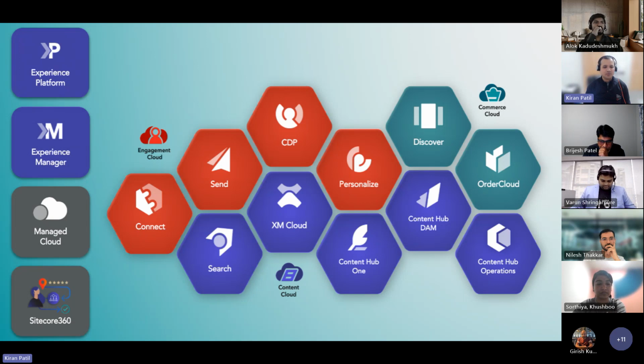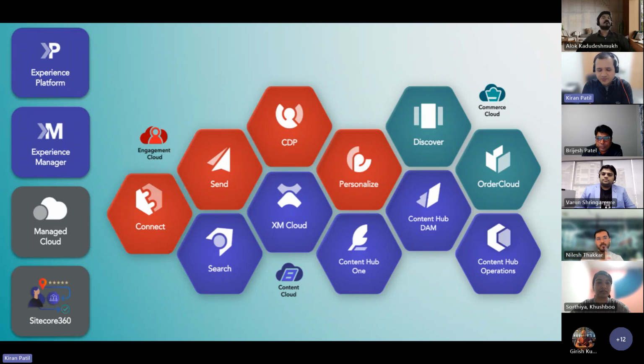Now this is the diagram which I think we all have seen so far, which shows the whole Sitecore composable DXP products on the right side. At the same time, on the left side, there are XP and XM, which are still alive and listed down here. So what we are going to do is go through these products and ask questions to our MVPs, which we have listed down here. In the meantime, if you have any questions, you can either drop them in chat or keep them ready, and then we'll go to the next section where you'll have the opportunity to ask.